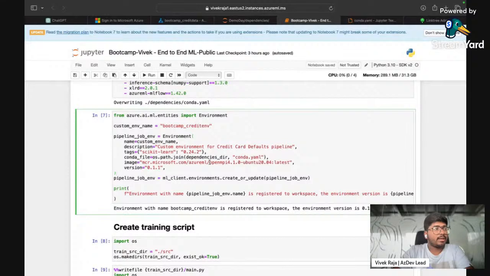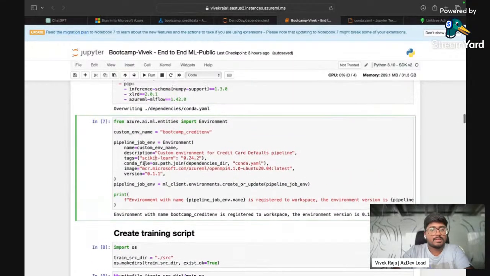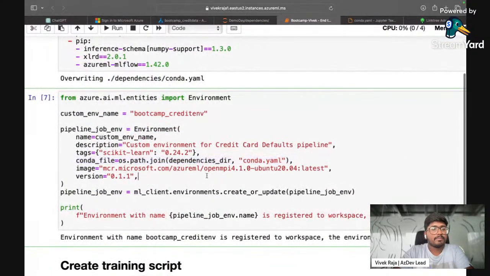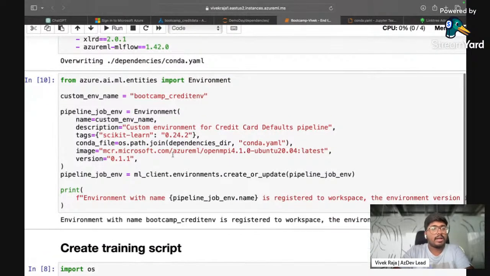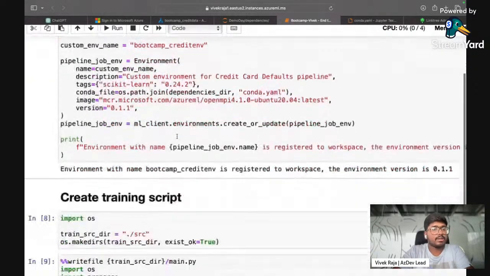Now we are going to create an environment with these dependencies. So we are going to use a function called Environment with the custom name and all this, and point it to the conda file called conda.yaml over here. Let me run this. So now we have created an environment for me to run it.